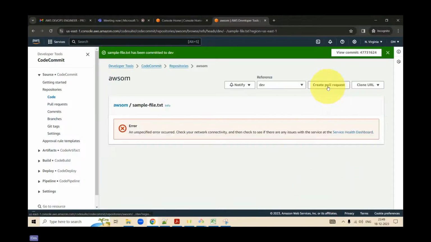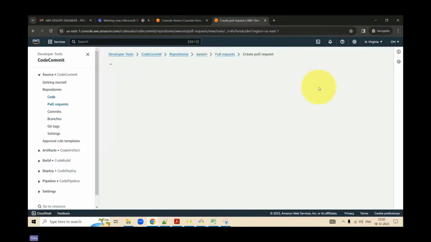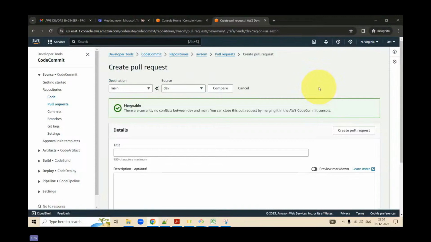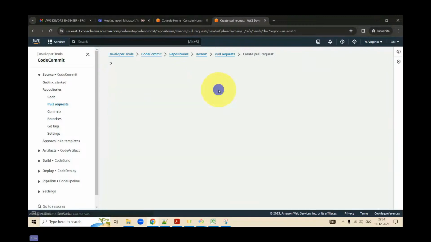Already it is saved. I don't know. Just ignore this error for the time being. I don't know what is the issue. Maybe there is some maintenance activity going on AWS side. Maybe because this is holiday time, right? So they would be having some maintenance work. Now you are currently on a conflict branch. So now if you want to move from source to destination, you click on compare.